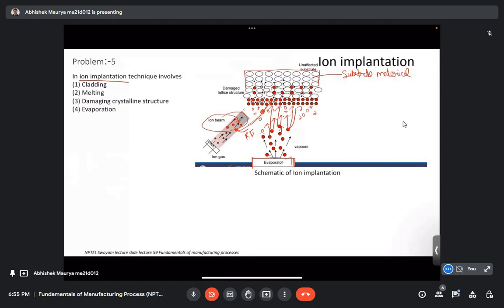And then they will form bonds with the substrate material, and they will go inside the material near the surface. And this process is called the ion implantation technique. And when these materials go and hit the material near the surface, suppose earlier our substrate material was like this,